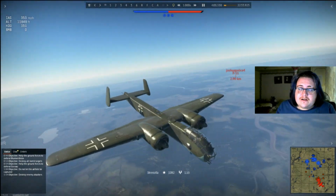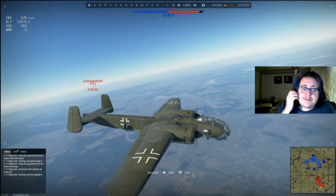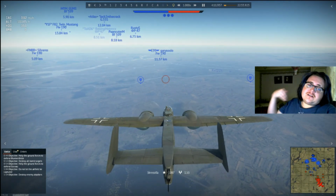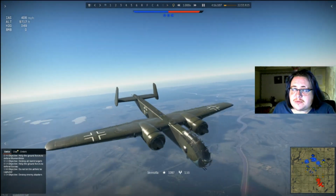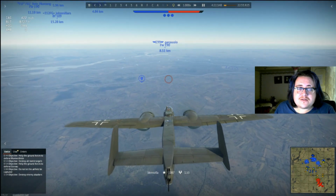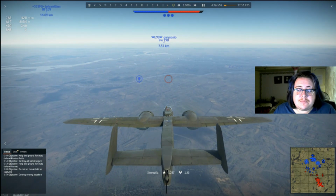So the idea of this concept was a bomber that could use its speed to its advantage. It's designed not to get into a fight with the enemy. It's designed to get out of there as quick as possible. And this thing can do it. This thing has an amazing top speed. You get well over 400 miles per hour in this thing. It is just ridiculous. Cruising speed is around 388 miles per hour, which again is bloody fast for